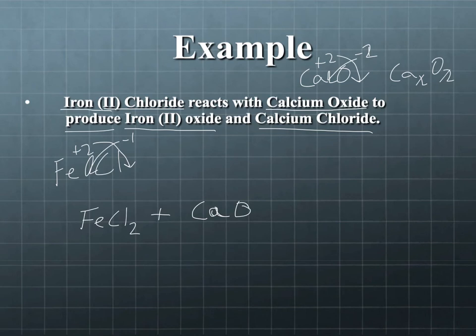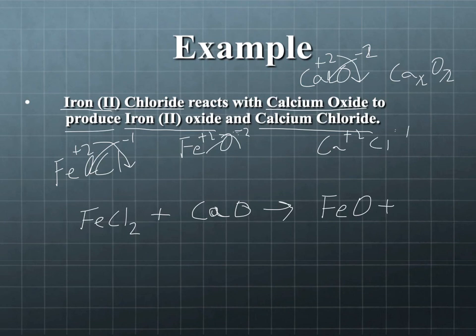And then it's going to produce, so that means I draw my arrow. Now it's going to be iron 2 oxide. So iron 2 oxide is Fe +2 and O -2. I'm going to crisscross those charges, and they're actually going to cancel out just like they did with my calcium oxide. They're both 2's, so I can reduce them. So it's just going to produce FeO plus, and then my calcium chloride is Ca with a +2 charge, Cl